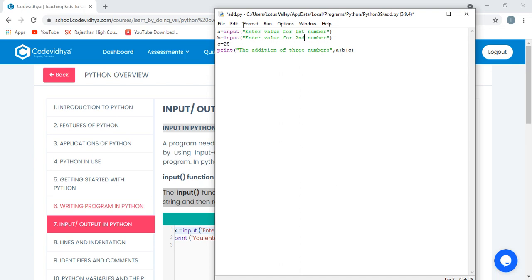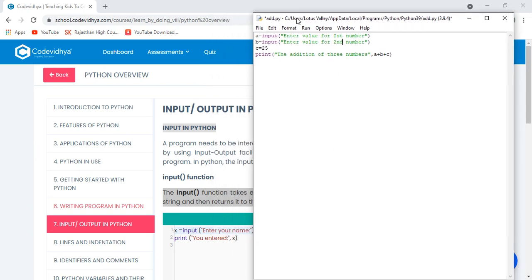Now we have to write the output. Print addition of the numbers. Here we are taking two numbers only, so that will be a plus b. We will just save our program and run.